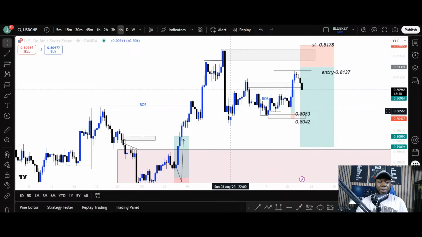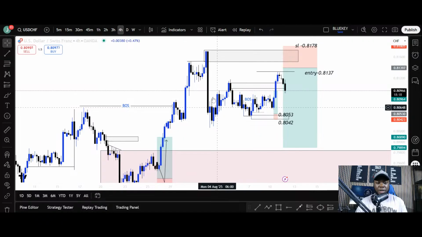Now, there is a very massive impulsive candle here, which obviously you cannot start trading from this sell point immediately this candle closes. We have to wait for price to get back to this order block. That's one of the criteria for this kind of entry, right? Coming back to this order block, because there's a break of structure, there's a sweep, there's trend on our end. So what we want to do is very simple. We want to see price make its way back into the order block open, which could be our higher time frame entry,